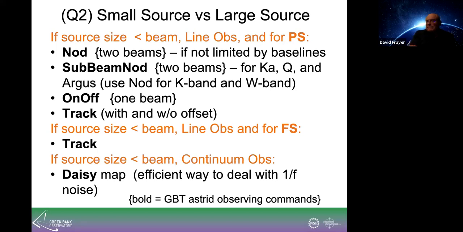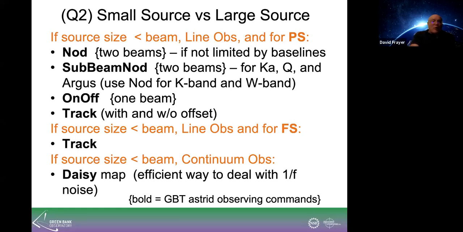Now, if you have just one beam like L band and you're trying to do position switching, then you can do an on minus off command, on off. We also have off on if you want to do the off first. I tend to do that, but everybody's different. You could also just issue a track command. Again, these things in bold, big black letters are the actual GBT observing commands that you'll be using later today when you set up your observing scripts. So you can issue a track command and do an offset. If you're doing frequency switching,